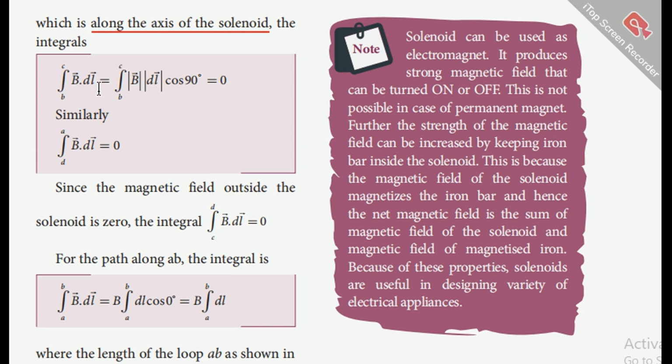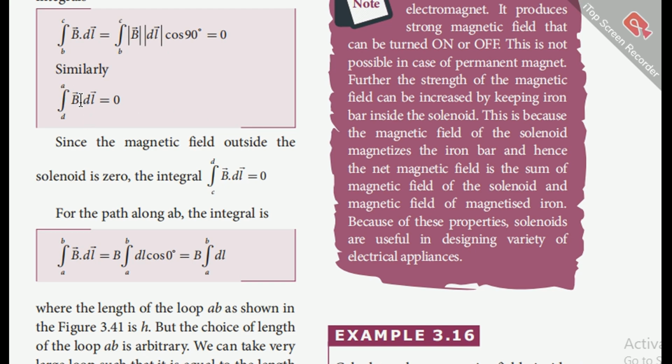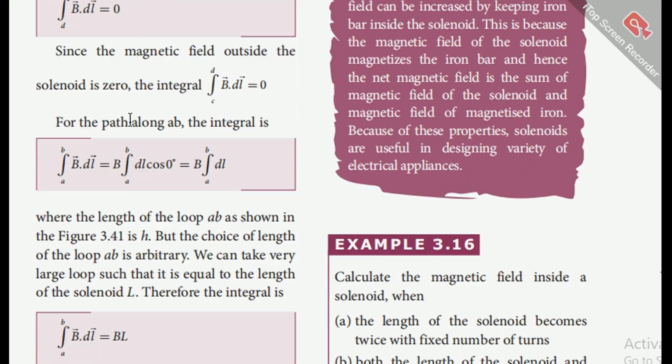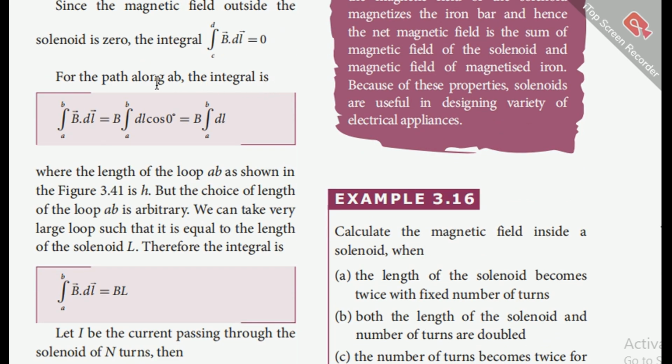the integral from b to c of B dl is equal to the integral from b to c of B dl cos 90 degrees, that's equal to 0. Similarly, the integral from d to a of B dl is equal to 0. Since the magnetic field outside the solenoid is 0, the integral from c to d of B dl is equal to 0. For the path along AB, the integral from a to b of B dl is equal to B into the integral from a to b of dl cos 0,